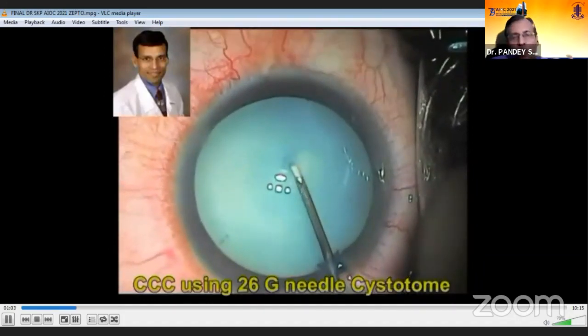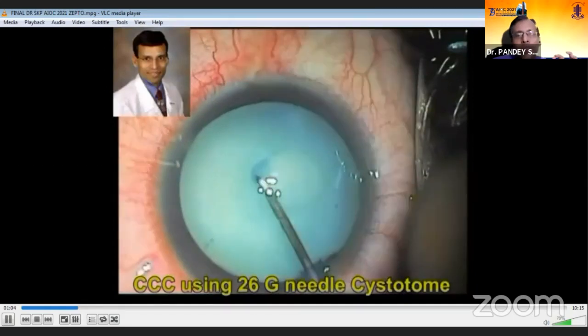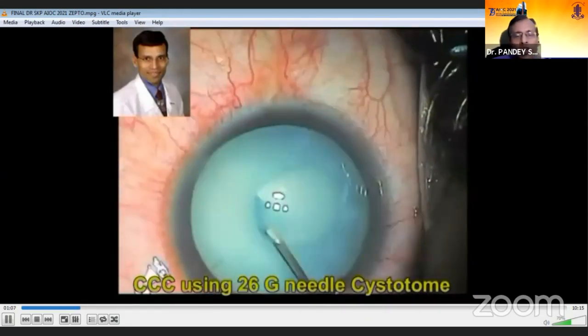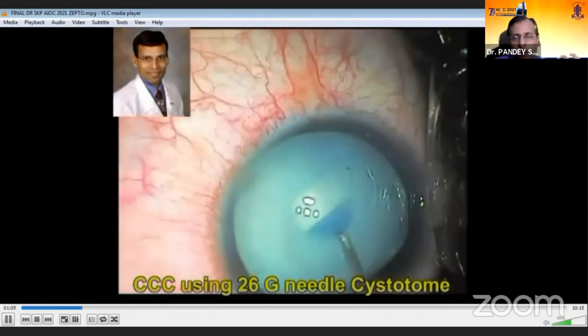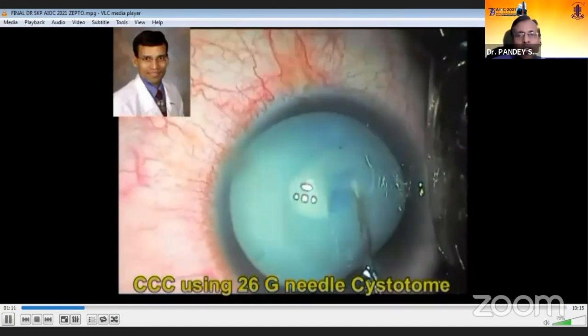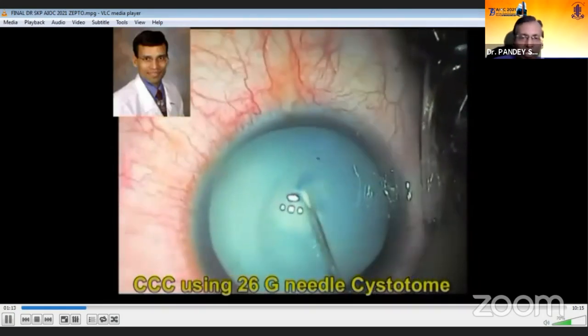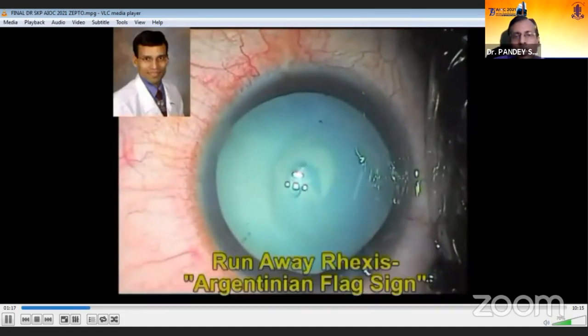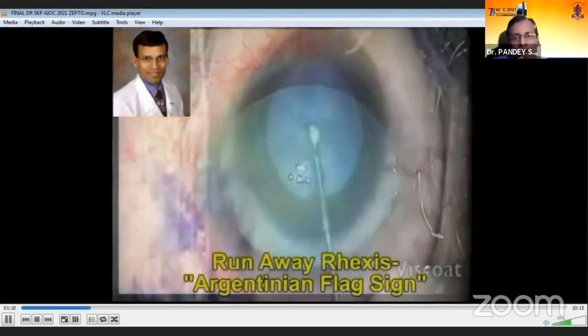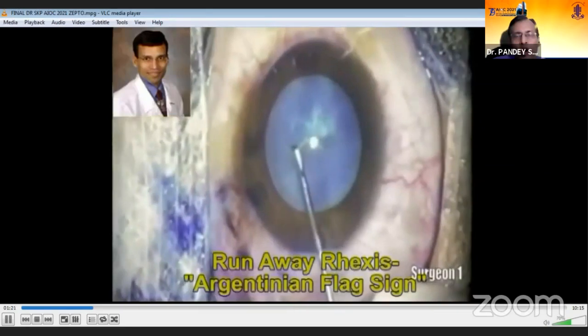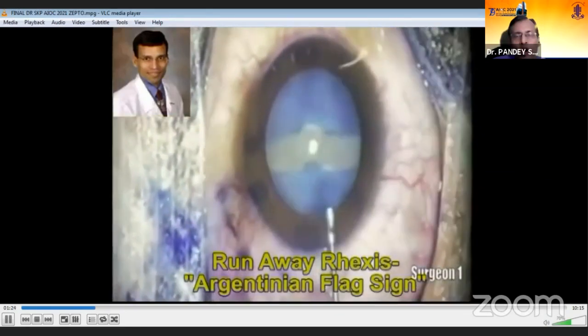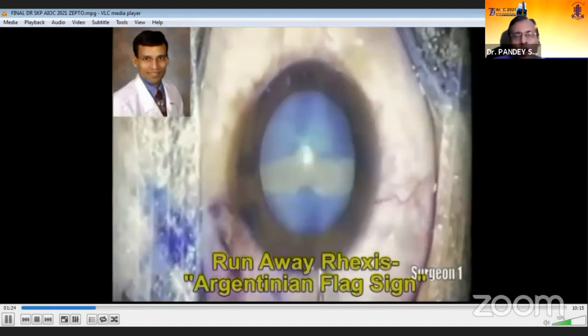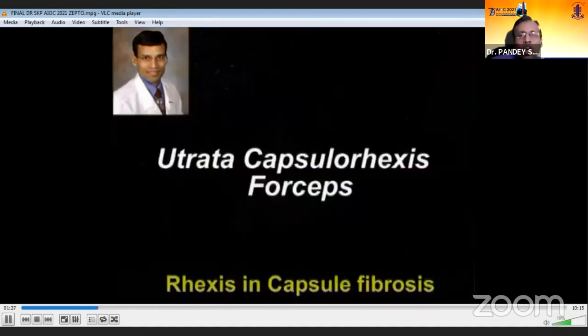One of the most commonly used techniques for capsular axis is the 26 gauge needle cystotome, and this technique has several advantages, but in white cataracts sometimes it's difficult to achieve the capsular axis, and it is not uncommon to see the runaway axis or Argentinian flag sign for the less experienced surgeon, or even in the hands of an experienced surgeon sometimes.